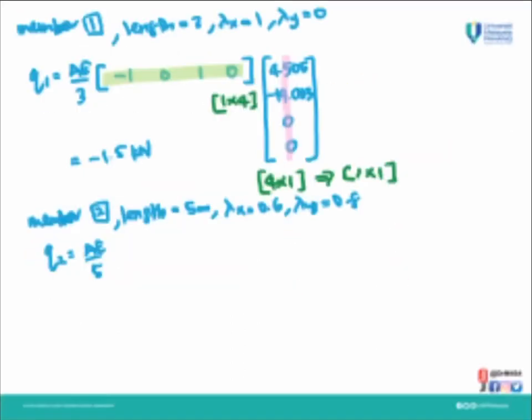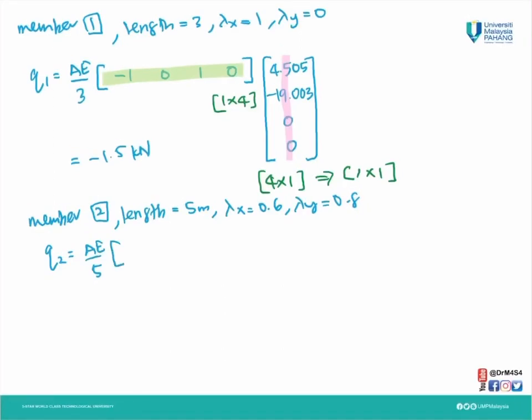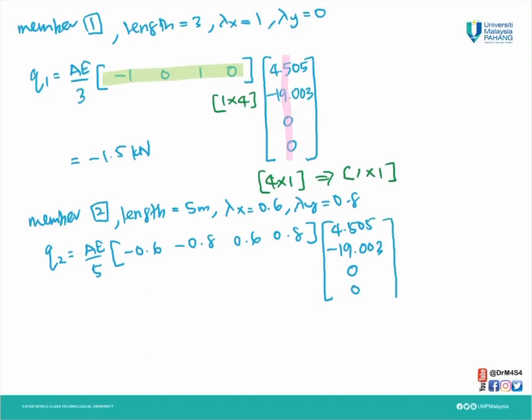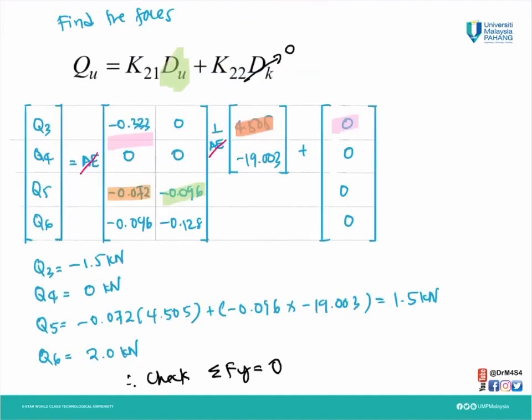Using the QF formula, negative 0.6, negative 0.8, 0.6, 0.8 times displacement at 1, 4.505. Displacement at 2 is negative 19.003. D5 is 0. D6 is 0. Expand this matrix, we will have Q2. Therefore, we find the force in our members. Also, force at node